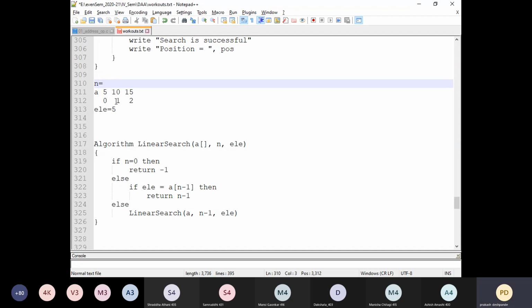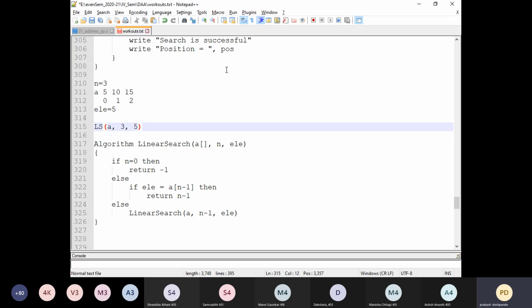The initial values. Okay. Now, first time when we call the linear search ls, this time we pass a. Okay, I will just change the values of n and element. This time the n value is 3 and the element is 5.